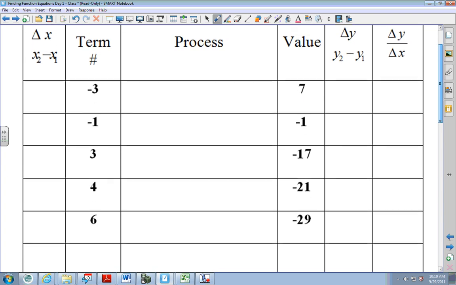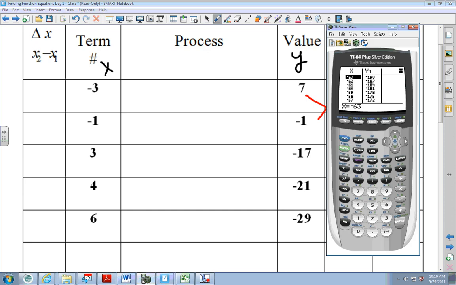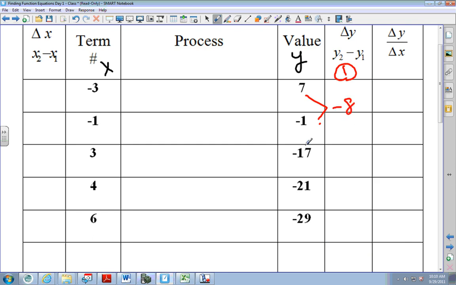Let's first go through and remember that term number is my x, value is my y. Delta y is my first step. How do I get from 7 to -1? I'll go in my home screen and put, let me clear this out, you don't have to, but just to make it nicer, -1, the bottom number, minus the top number, which is 7. Press enter. So this right here is -8. We're getting more negative. I have -16, -4,